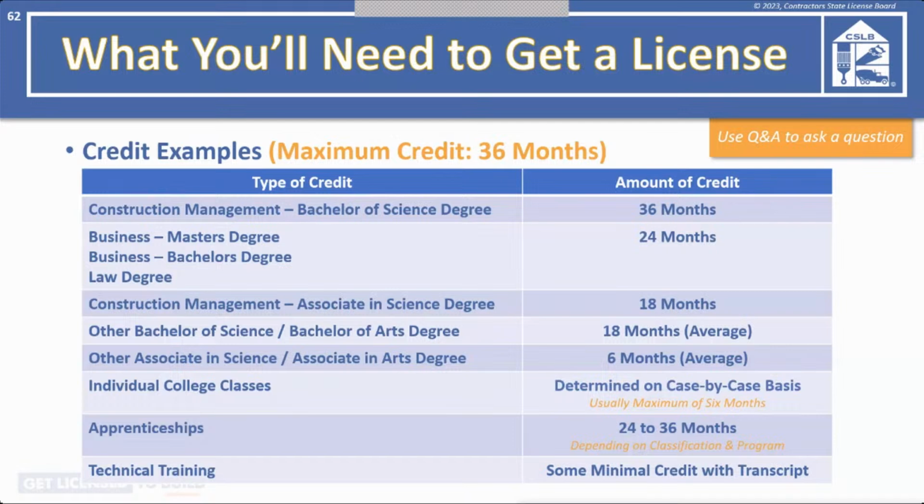What is the address to mail the application and the check? So in the upper left-hand corner of your application, you will notice a little house that says CSLB, with a paintbrush and a saw, and our address is listed there as well as the information call center. However, our physical address is 9821 Business Park Drive, in Sacramento, California, 95827. But again, it is listed on the upper left-hand corner of all applications and forms.